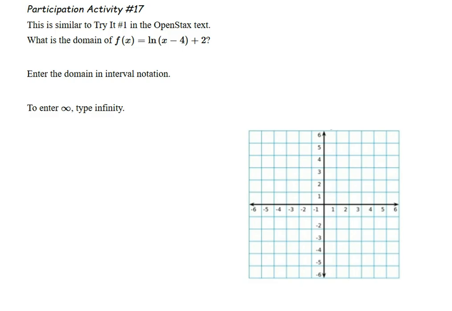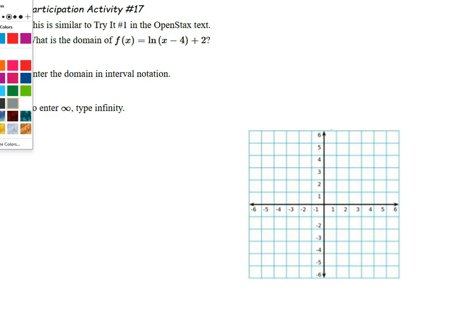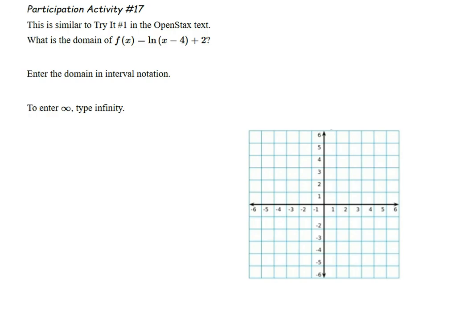But the graph still, let me use gray. This is the original graph, the original graph of just the natural log of x. That would run along the y-axis and then curve, crossing the x-axis at 1, and then curving off somehow like